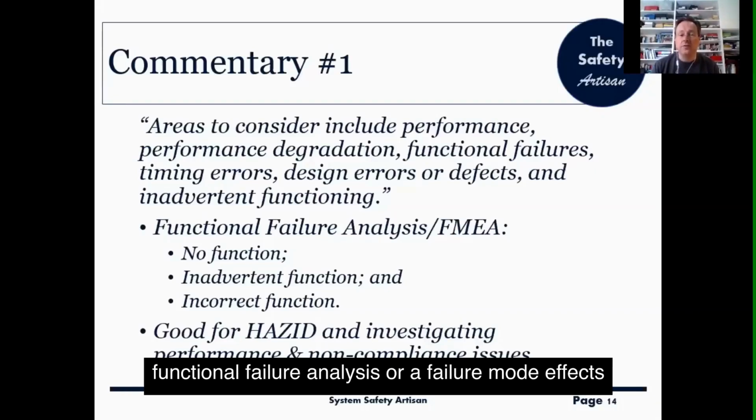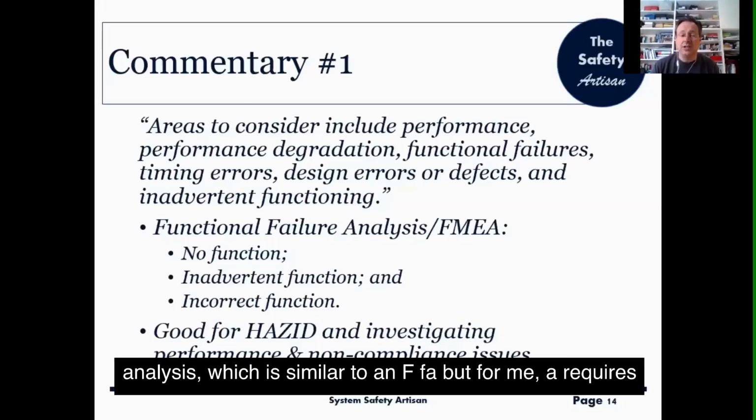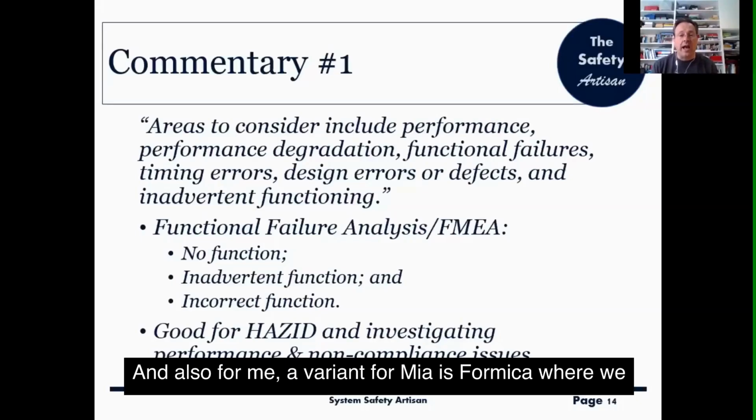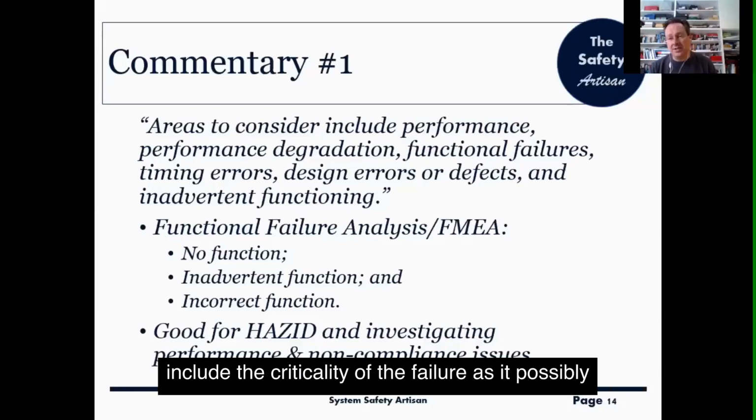Something like a functional failure analysis or a failure modes effects analysis, which is similar to an FFA, but a FMEA requires some kind of design to work on. And also a variant of FMEA is FMECA, where we include the criticality of the failure as it possibly